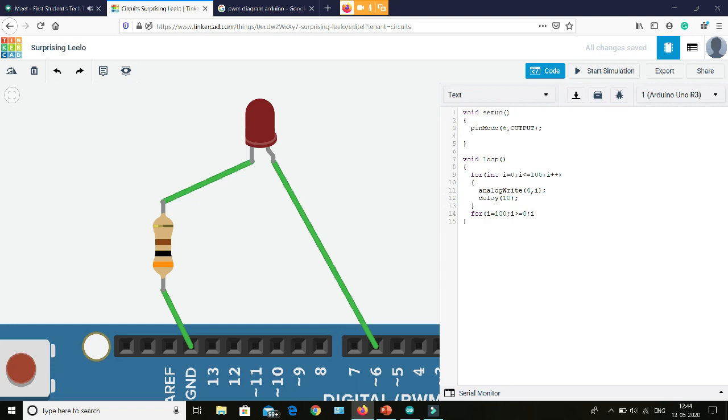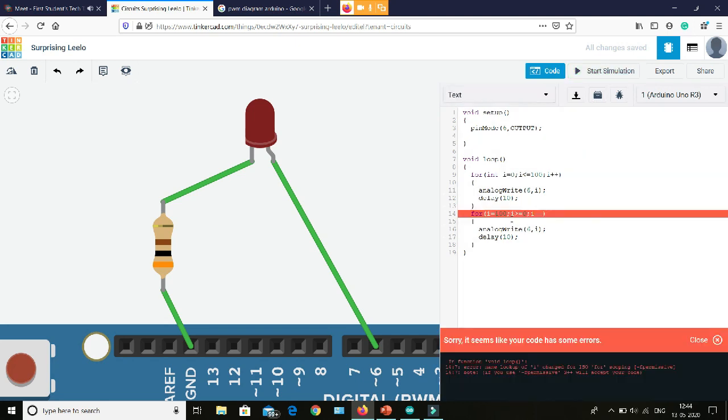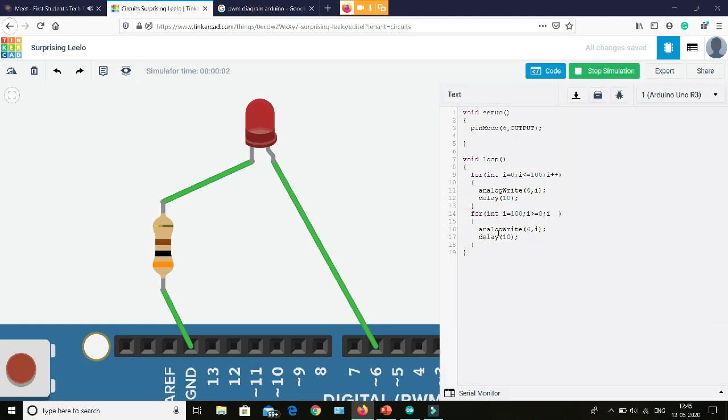Then we will give a delay of 10. Let's see what happens. So now the LED is going from 0 to 100 by this loop, then coming from 100 to 0 by this loop, and this repeats again and again. So in this way you can fade an LED using the analogWrite function.